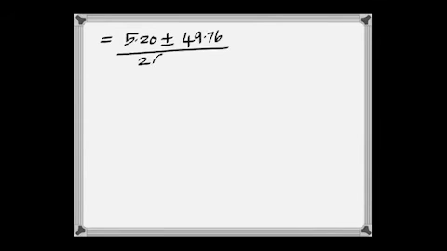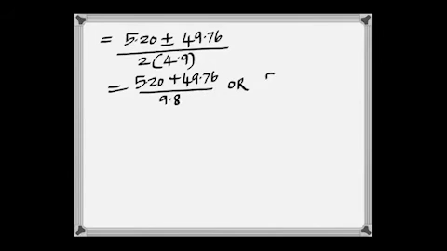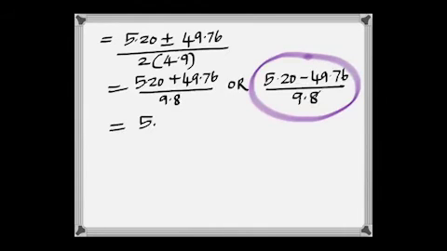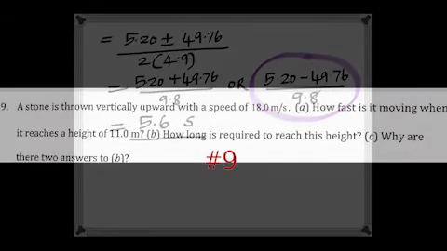5.20 plus or minus this by, and you get... Did I forget the minus? Why didn't I? Oh, yeah, I wrote it that side. Okay. I wrote it as two separate ones, but I put a circle around it. Somebody tell me why. What are we looking for? Time. Can time be negative? No. That's why I don't need this, because that's going to be negative. So therefore, you only take one of them. 5.6